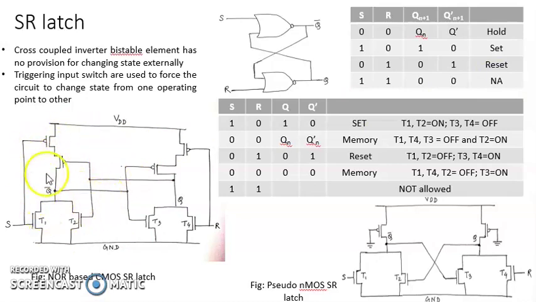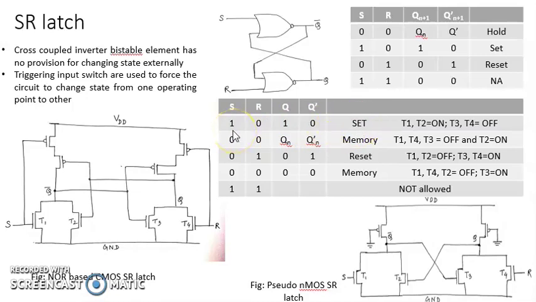Let us see the behavior of the circuit when you apply the inputs. If S equal to 1 and R is equal to 0, both the transistors T1 and T2 will be on. This will cause the voltage of this node to drop to 0. So Q bar becomes equal to 0, and this is connected to the input of this, so this will remain off, and since the R input is also 0, T4 is also off. So the voltage level of this node will remain high. So when S is equal to 1 and R is equal to 0, Q becomes equal to 1 and Q bar becomes equal to 0. This condition is called the set condition.